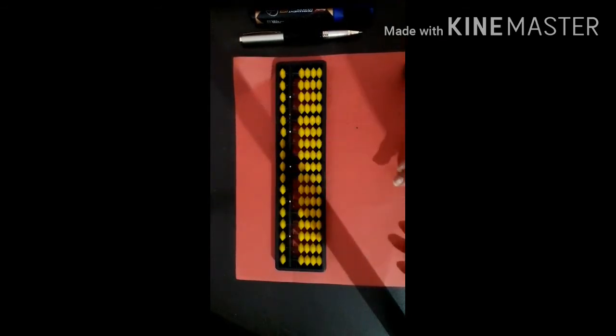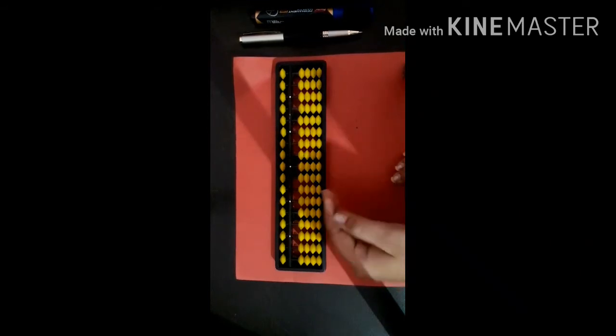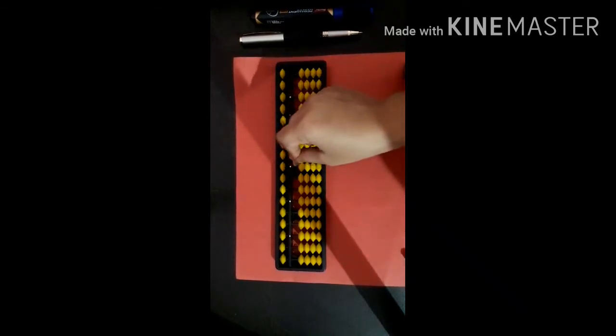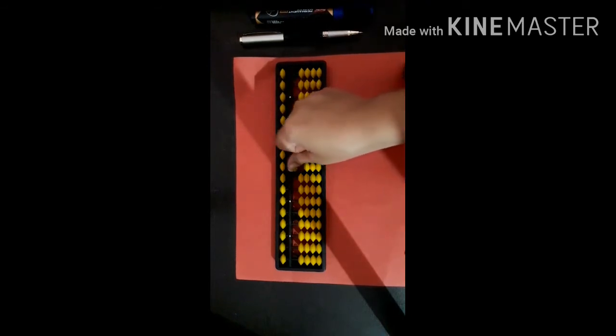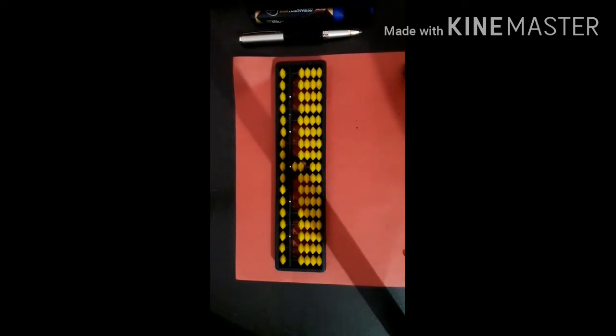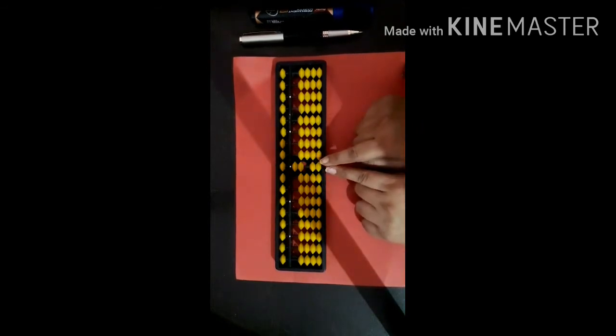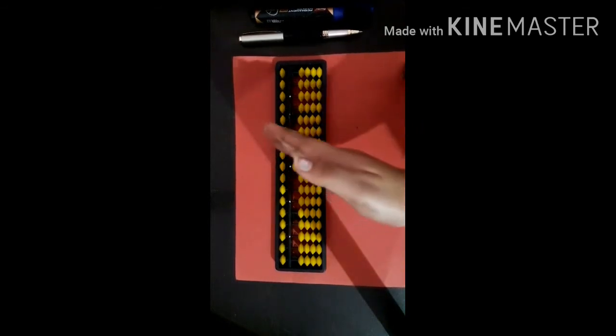If I say add 1, then you will put this bead up. Then again set your abacus. If I say add 2, then 1, 2. Can you see? I am adding and putting the beads up.